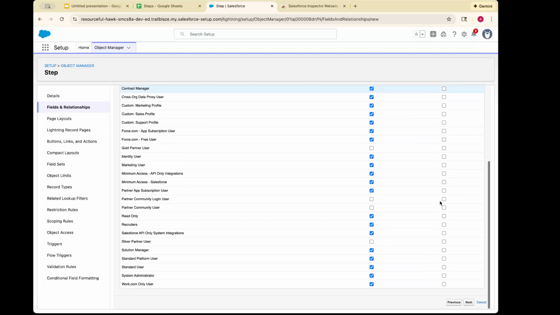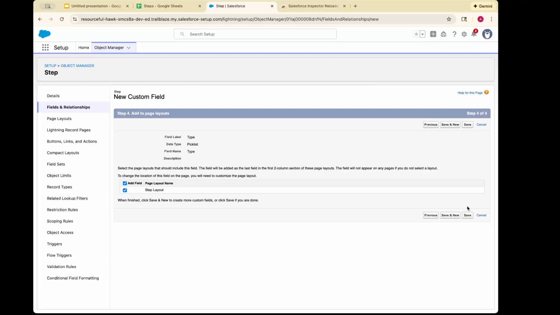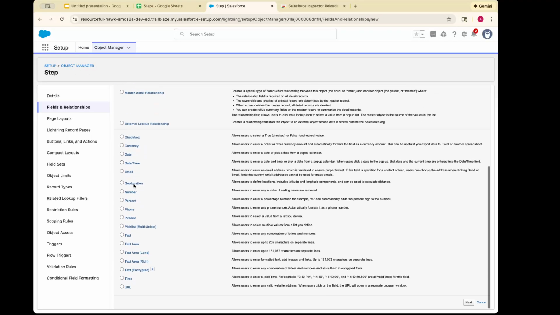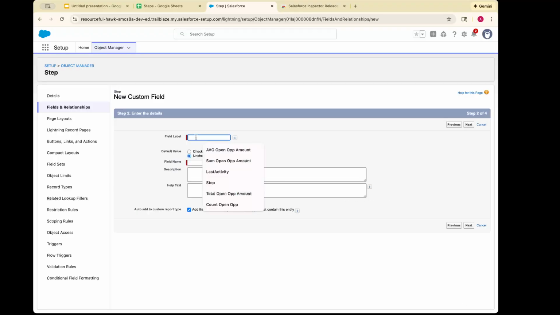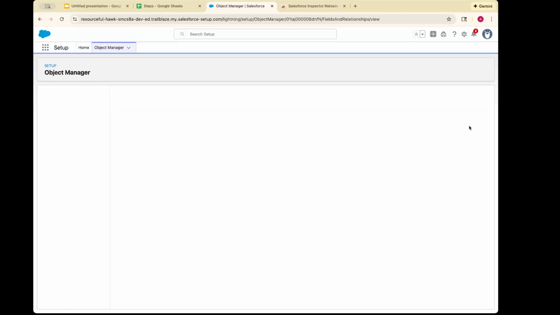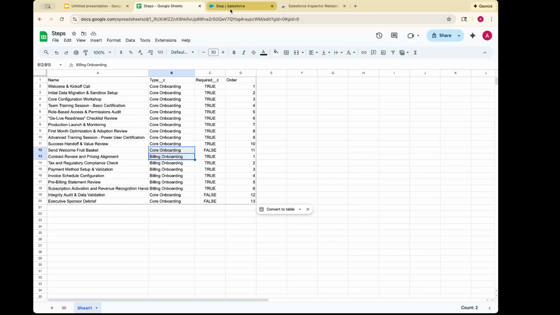Next, I'm going to make everything the default settings. We have a layout. Awesome. The next one is going to be required, and that's going to be a checkbox, a yes or no, true or false. Required default doesn't really matter because every value is going to be set by us. Next, save. All right, and then the third will be order,